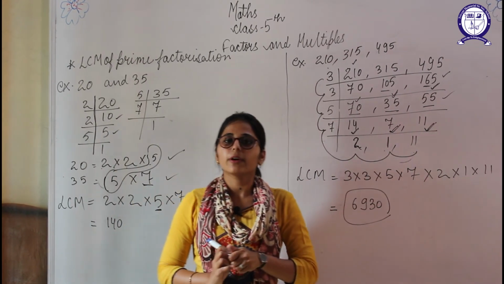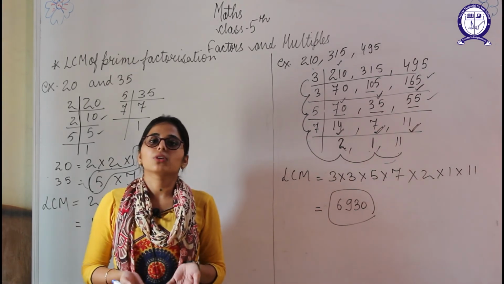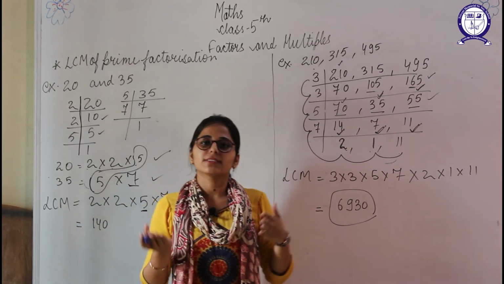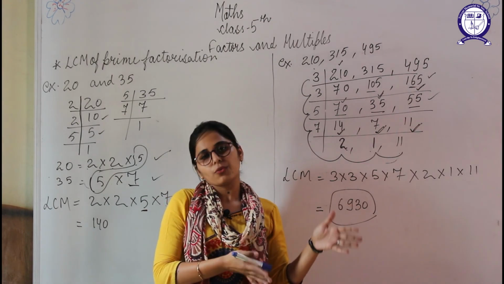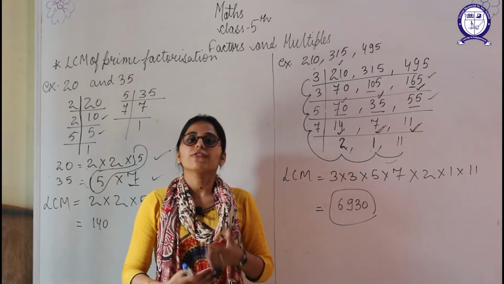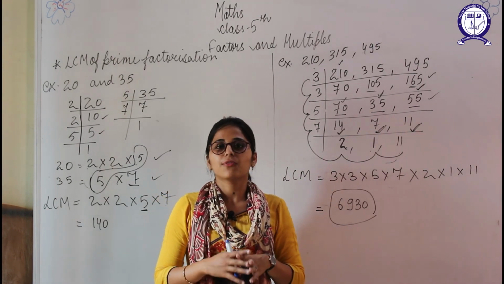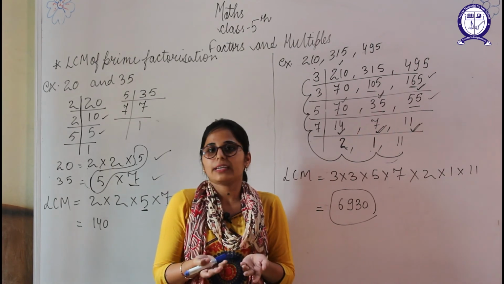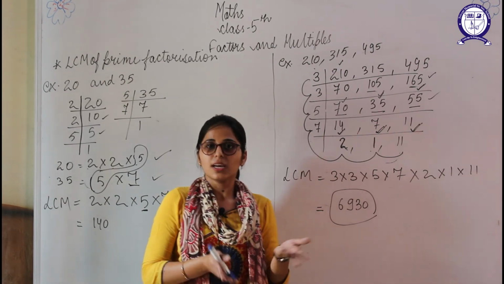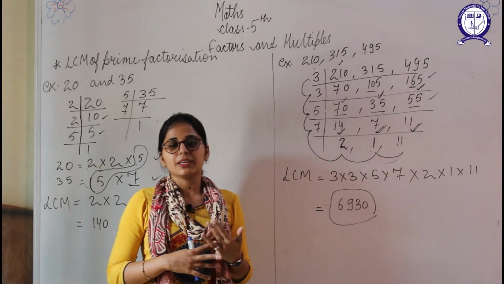Students, in some word problems, like the longest rod that can be placed in a room, when you are asked to find the maximum value, you have to find the HCF, and when you are asked to find the minimum value while comparing, then you have to find the LCM. Suppose it is about the quantity of 2 jugs or 2 buckets, then you have to find the LCM. So this was about factors and multiples.